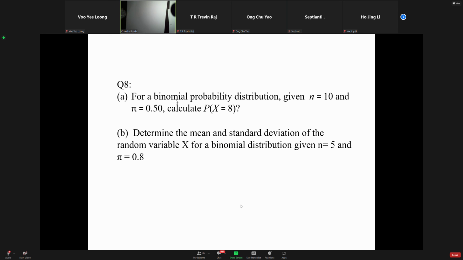Now, let us say for a binomial probability distribution, the sample size is given as 10 and the probability is given as 0.50. Then you're asked to calculate the probability of X being 8. Then for the same binomial probability, you're asked to calculate the mean and standard deviation of the random variable X. So for a binomial distribution, given n is equal to 5 and the